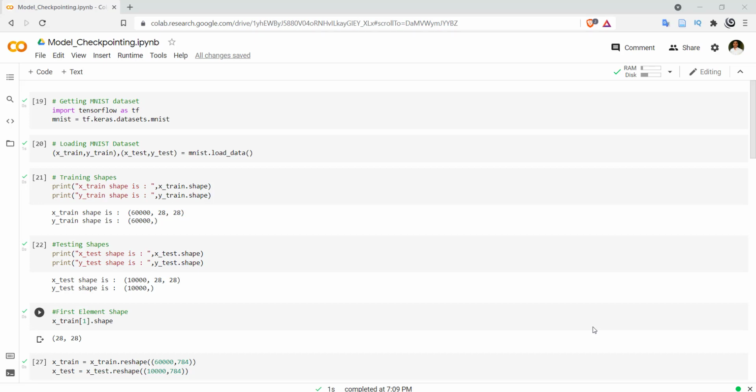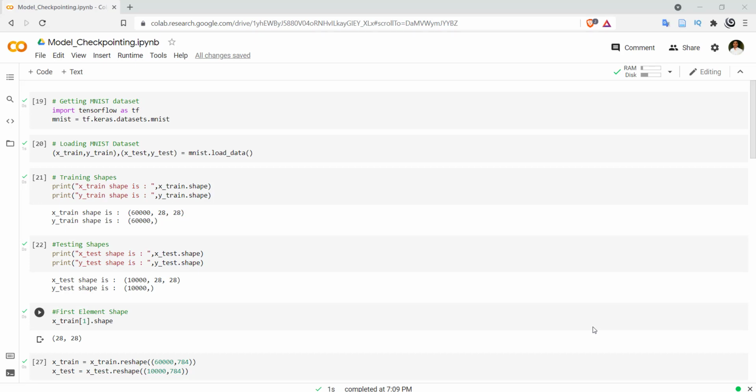So many times we want to train on a huge dataset, and it is used by our model. Now when a large number of epochs are used, if something goes wrong, then your training will stop there and you have to start it from the start, that is from zero. So in order to avoid this, we can use checkpointing.